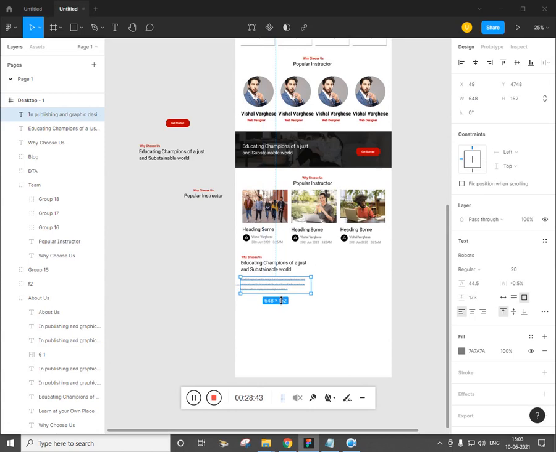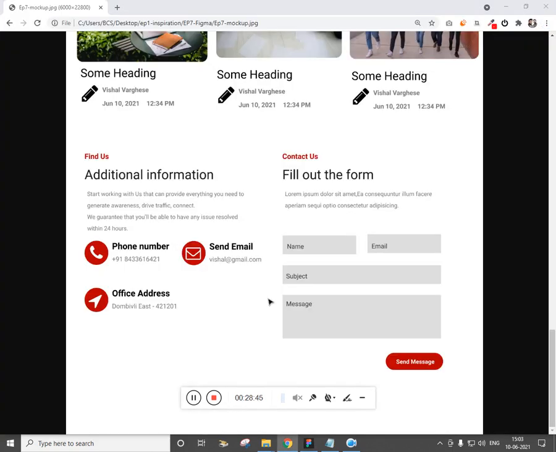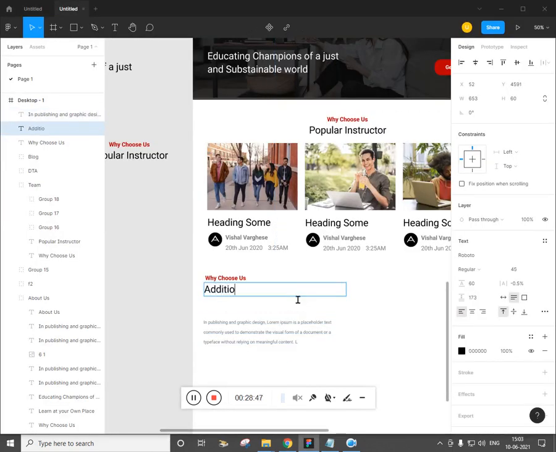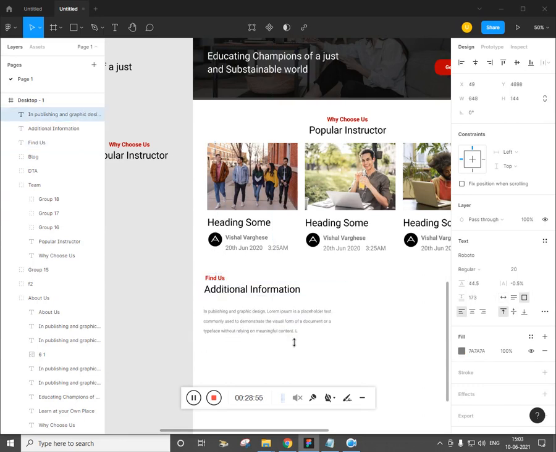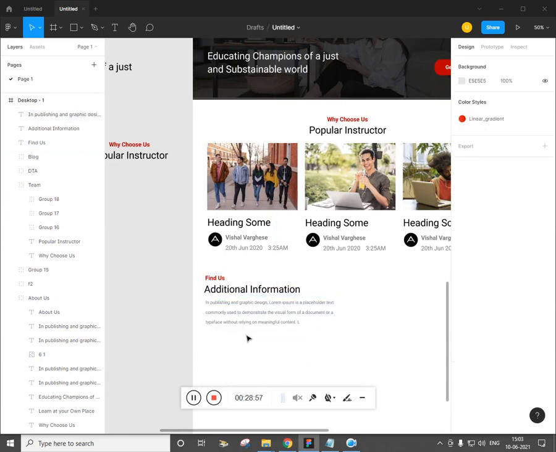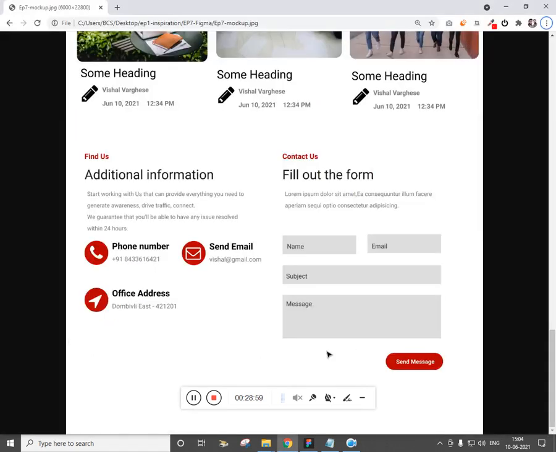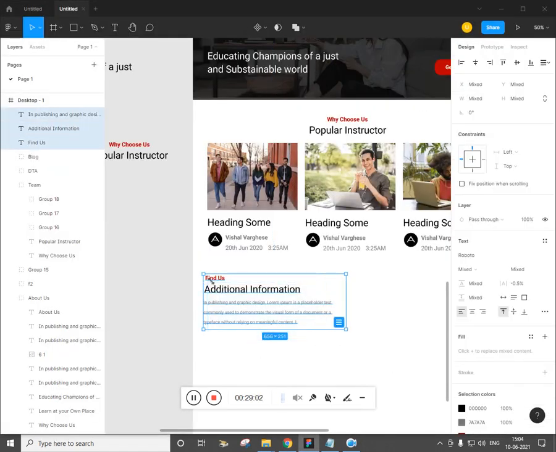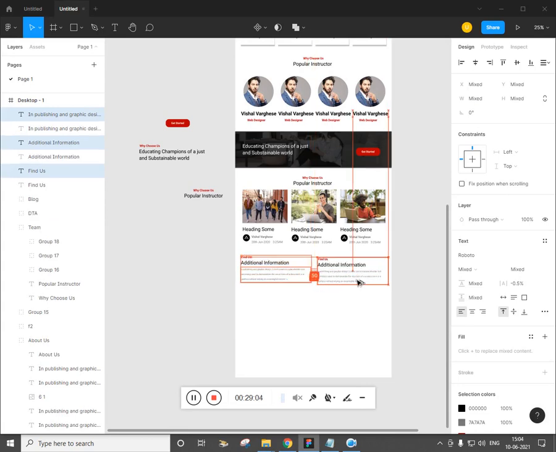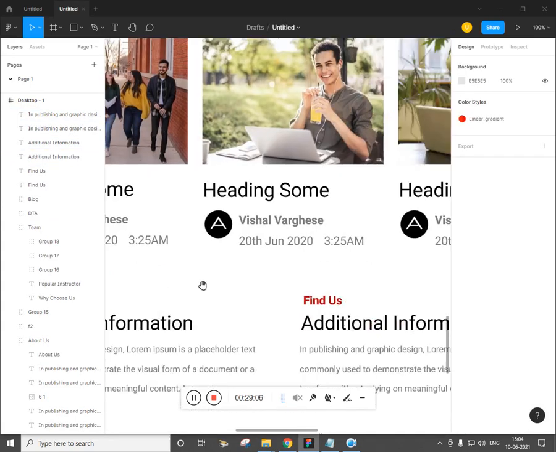Let's decrease the size of the container. Additional information. Find us. Cool. Now select all, zoom out, alt drag one more time, zoom in.